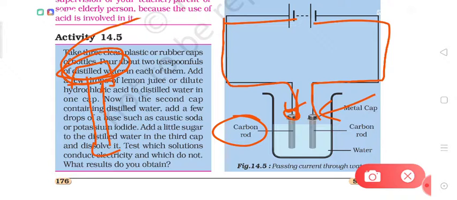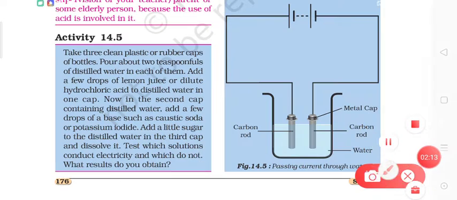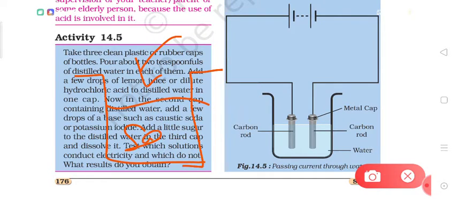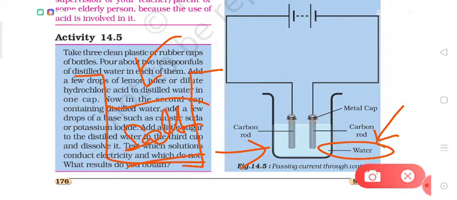Okay, now in a beaker or in a bowl, we will take around 100 ml water or a cup of water. We will add certain amount of salt in it, something like this. So we have taken water and we have dissolved around 1 teaspoonful of salt in it, and then we will dip the two carbon rods into the water. We will switch on the circuit. That means the circuit will be connected to the battery,